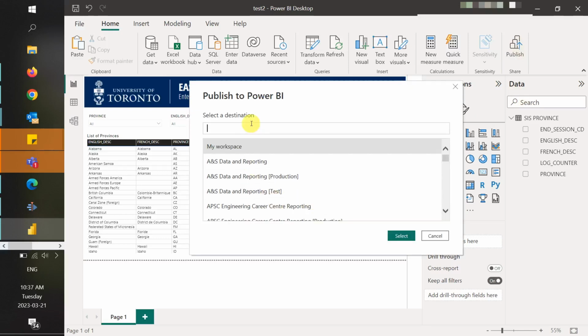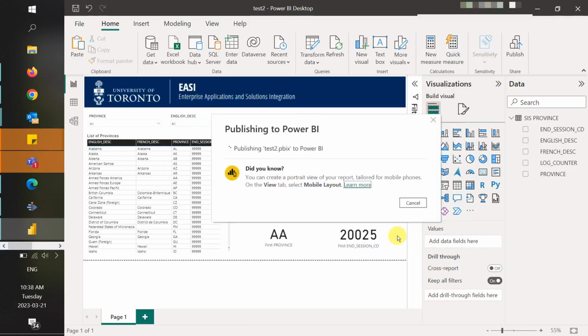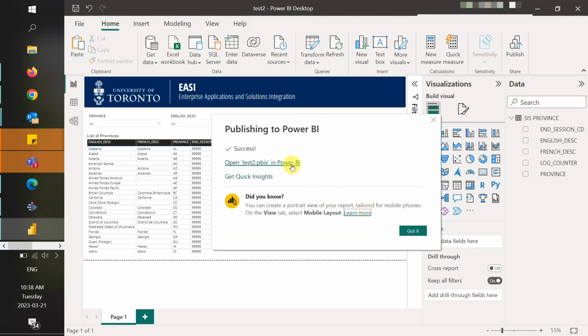You will notice that one of the options is My Workspace. However, because this is not a premium workspace, you won't be able to share the report with other users. So let's select a premium workspace and then click on Select. Give it a couple of minutes to load, and once it is published, you can either click on this link